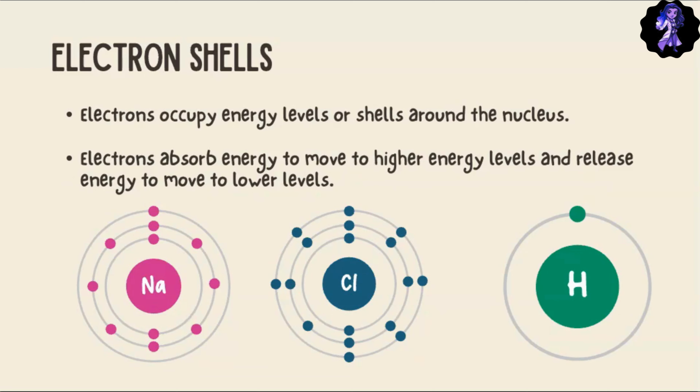Okay, so we did cover this a little bit below in a previous screen, but I wanted to cover electron shells. So remember we said there's an electron cloud, but we designated it as these circle-like symbols here. And what that means is the electrons can occupy these energy levels or shells that are around the nucleus. Electrons are your negative charge, and they're going to move from lower to higher levels depending on energy level